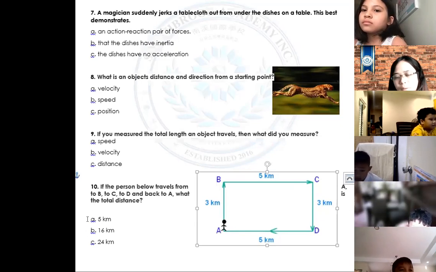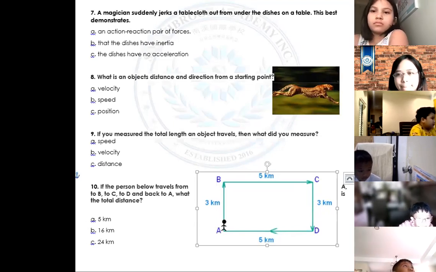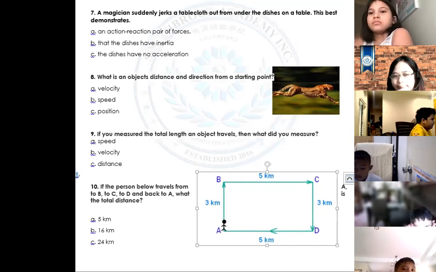A, 5 kilometers, B, 16, or C, 24? 10 plus 6 is